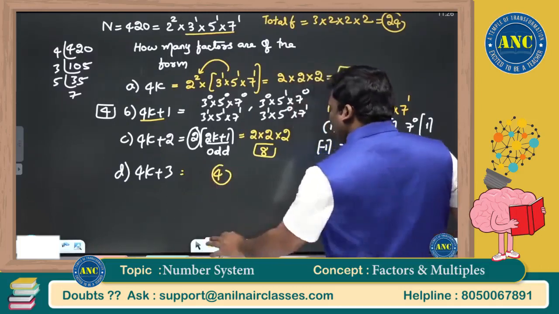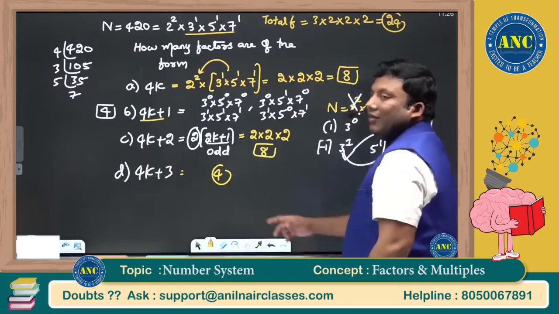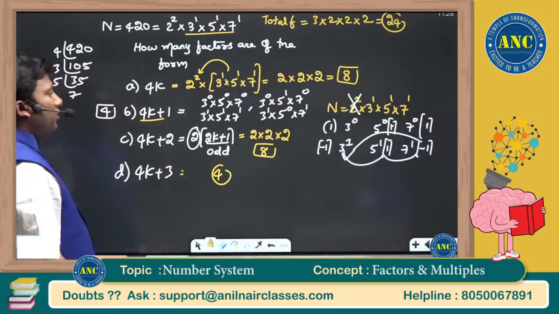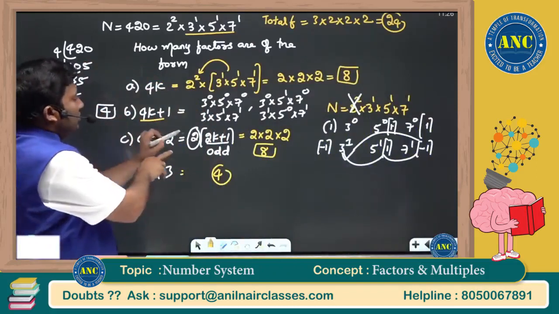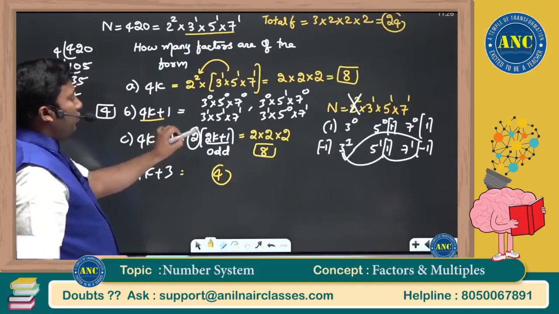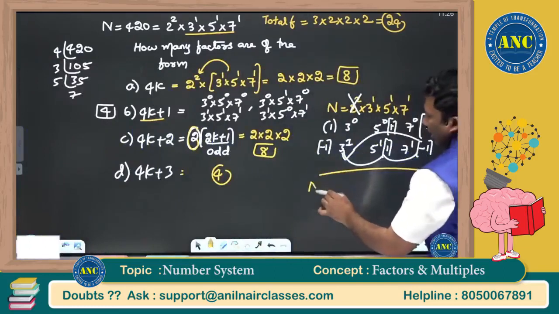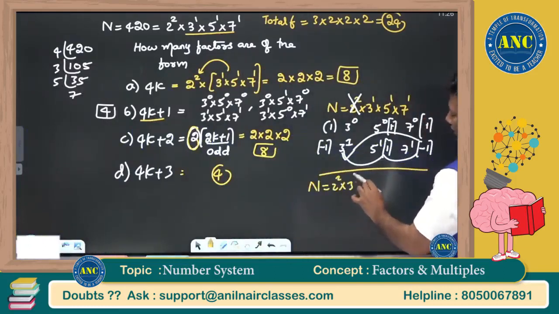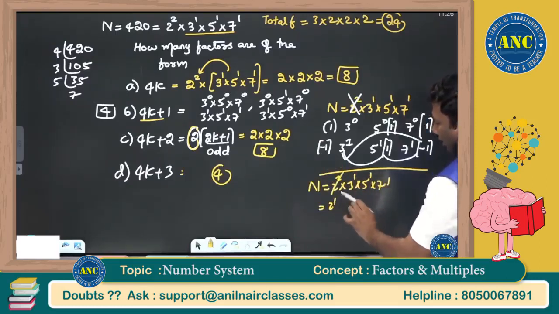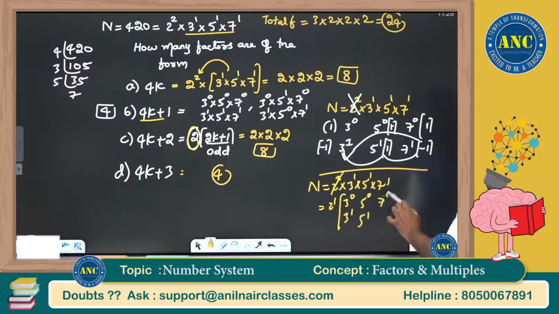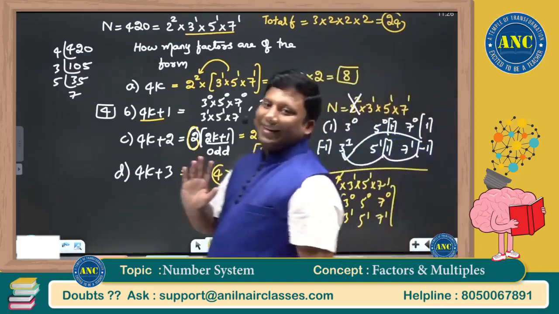4k, 4k plus 1, 4k plus 2, 4k plus 3. If you want 4k plus 2, what you will do is, 4k plus 2 is 2 into 2k plus 1. Power of 2 is fixed. Suppose n is equivalent to 2 square into 3 into 5 into 7. I want 2 as 2 power 1 only. Remaining it will be 3 power 0, 3 power 1, 5 power 0, 5 power 1, 7 power 0, 7 power 1, 2 into 2 into 2, total 8 cases.